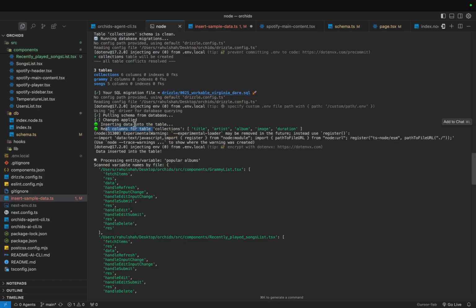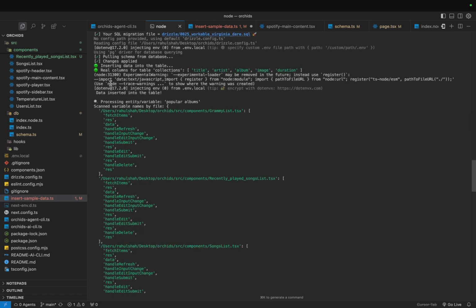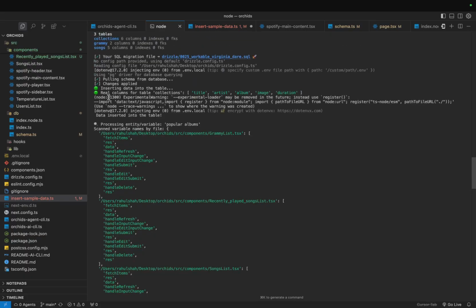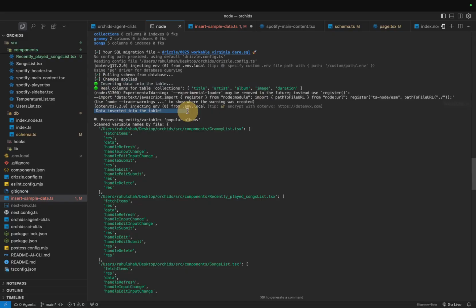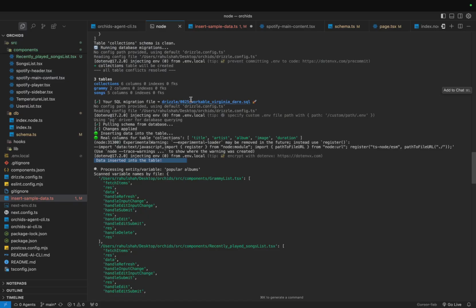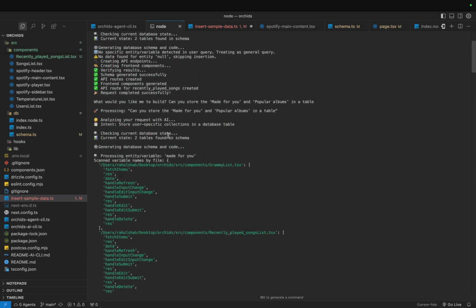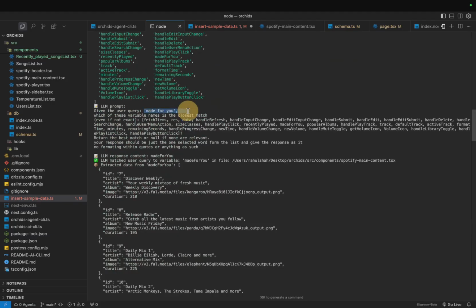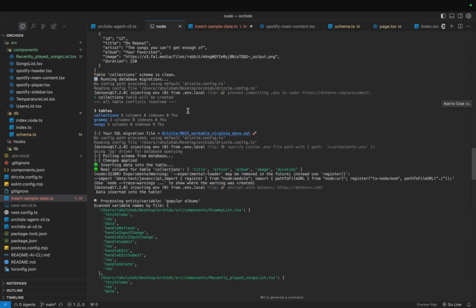What this essentially does is that it loops through the columns that are there in the given table, and it then decides to list the column tables, and then it checks what the incoming data that it's going to feed in the column tables is going to be. Once it finds a particular match, then it's going to insert the data into the table, and once it's finished inserting the data into the table, it also shows that data is inserted into the table. And this is for the user query of, I believe, made for you album, right? Yeah. So now, since there were two entities in the user query within the same